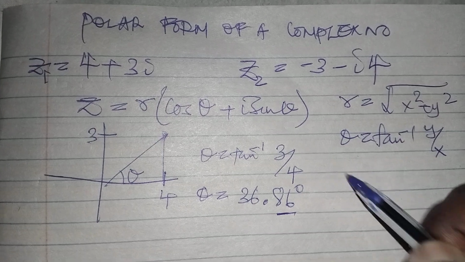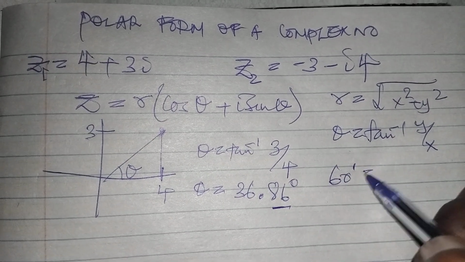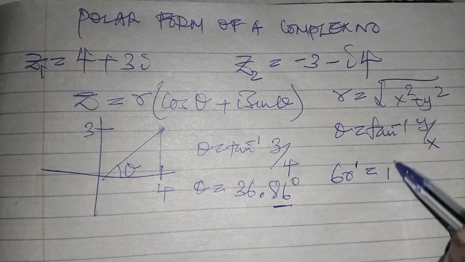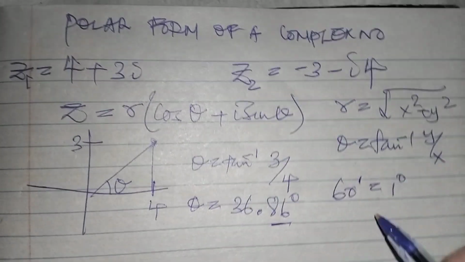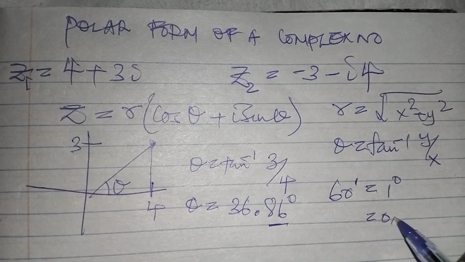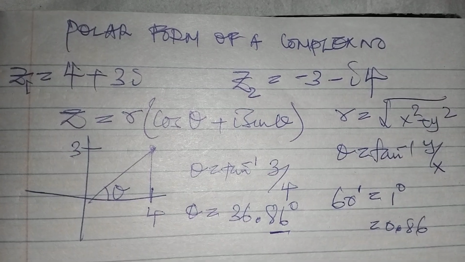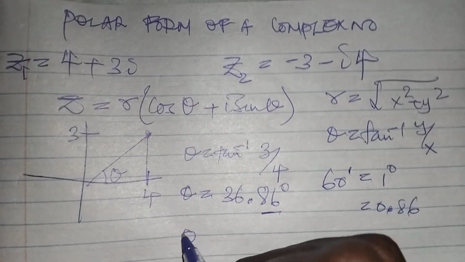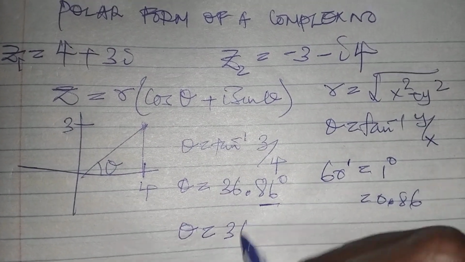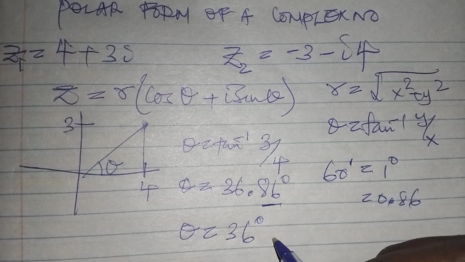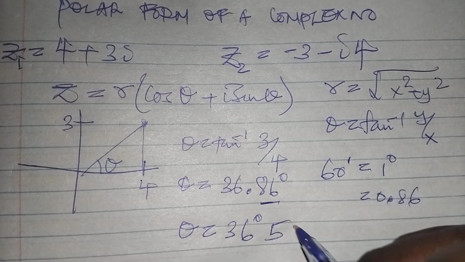Then you can also convert these degrees if you want. We know that 60 minutes is equal to 1 degree. So what about the decimal part, 0.86? If you multiply, you're going to get that your theta will now be 36 degrees, then we have 52